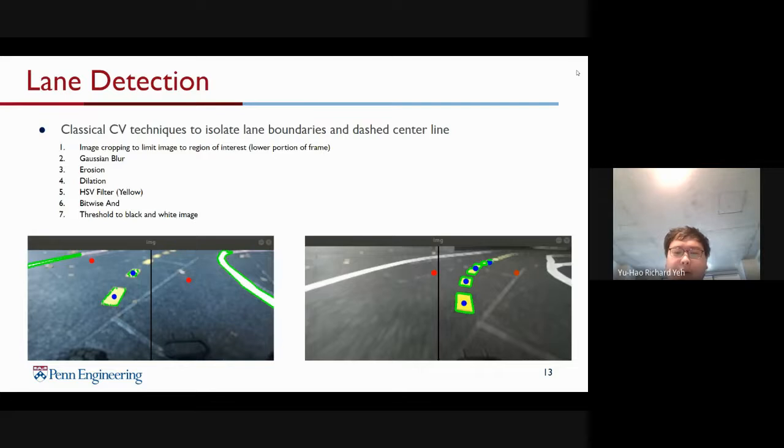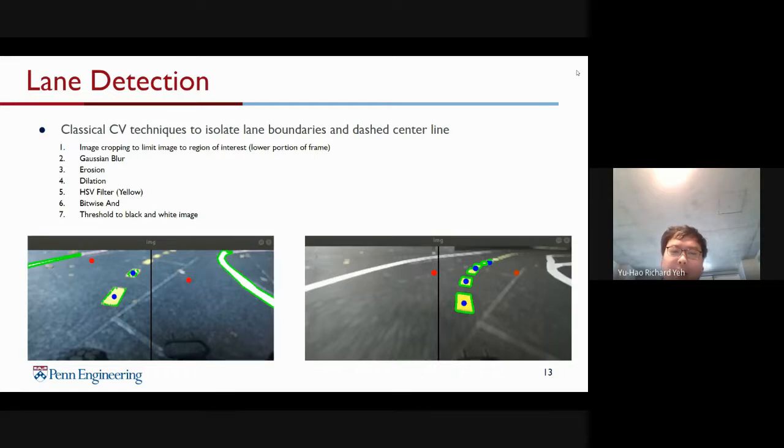And we went through two methods to generate these two waypoints. The image on the left shows bounding contours for the side white lanes as well as the center line, and those bounding contours were used to generate an average lateral distance between the center and the side to get the position of the